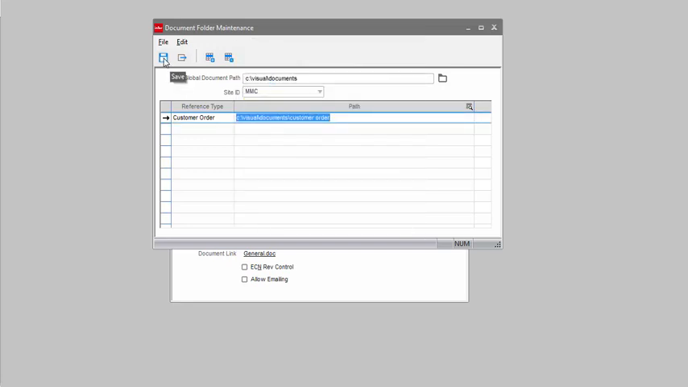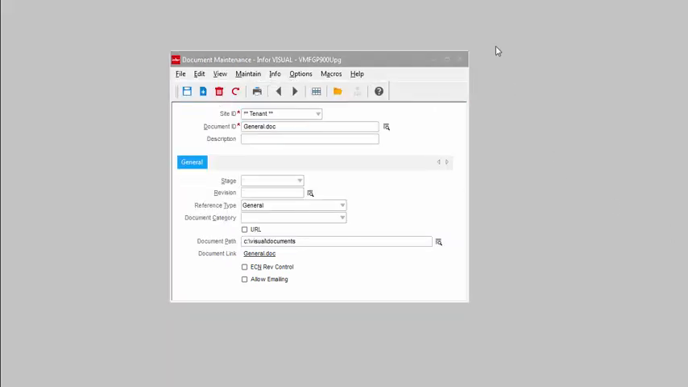When new documents are created, Visual will default the document's path by looking for a default folder for the site and reference type, then the tenant for that reference type, then the global document path. After you have set up document folders, you'll notice that the main document maintenance screen will populate the document path